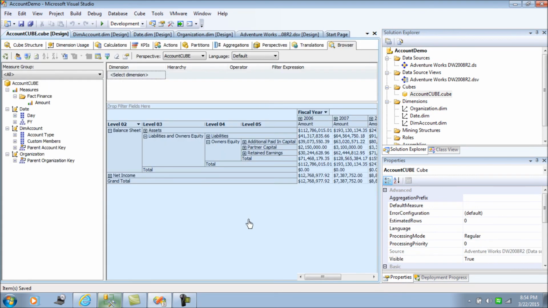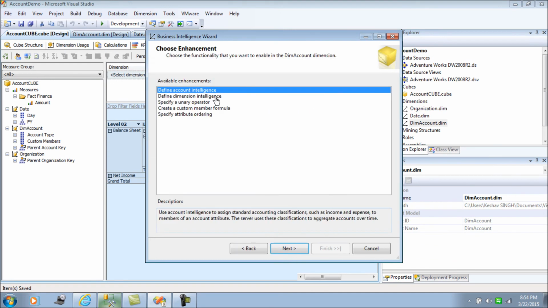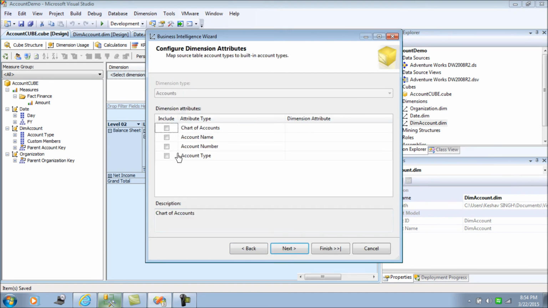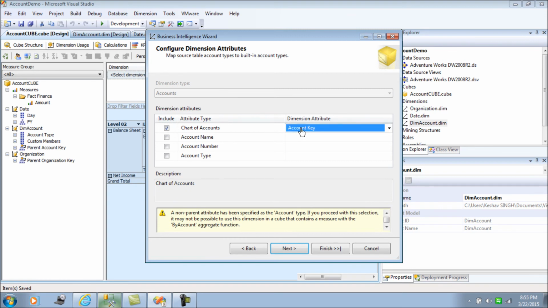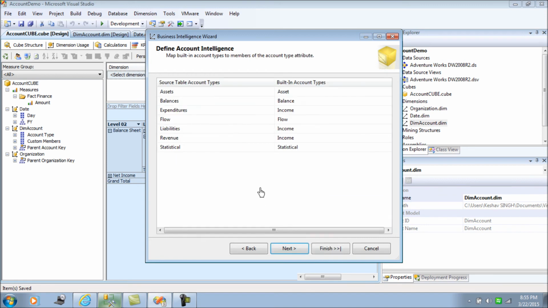So it's done. Next, I use my account and add the business intelligence here. I use define account intelligence. What it pops up with is the chart of accounts, the dimension attribute here. That's my parent, the account name is the account key, and account type is account type. That's fine. Next, what we see is the built-in account types. These are the values from the table.